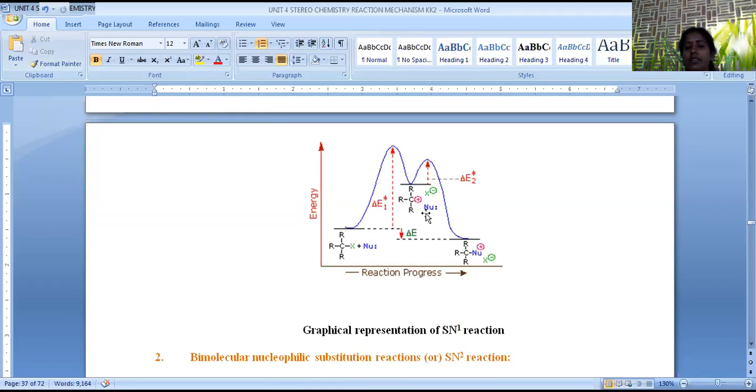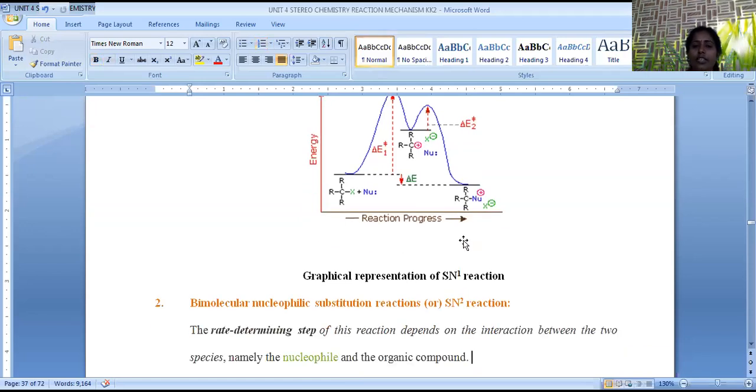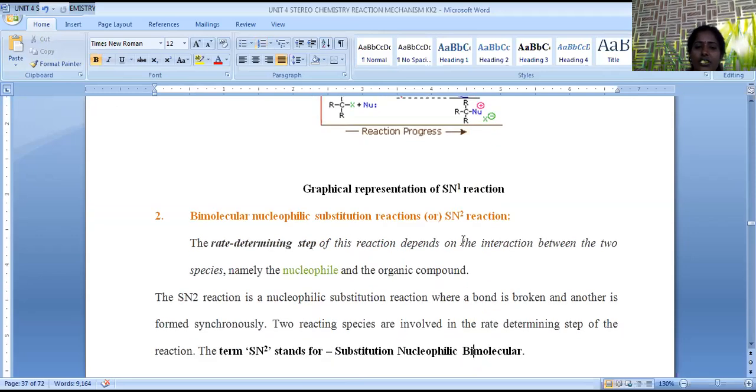because it dissociates into alkyl carbocation and X minus. So this carbocation is now attacked by the nucleophile. When the nucleophile comes closer again, its energy is raised to some extent, and slowly it decreases to an extremely low level. By the attack of this nucleophile, the nucleophilic substituted product is generated at the end, where stability will be very high. So this is about the energy profile of SN1 reaction.